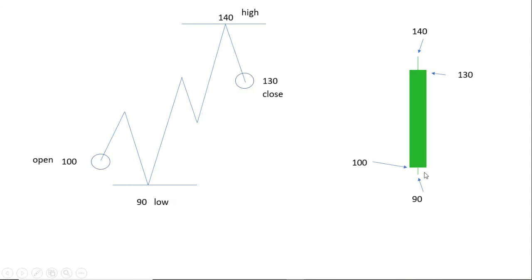That is called a wick or shadow. When the price has gone low, and again comes up, you'll get a wick like this. The wick will be formed like this. In the same way, above 130 there is a small line which you can all see. That is called a wick. On that day it has reached 140 rupees, and again it has fallen to 130 rupees. So the candle got closed here itself, and it has formed a wick. That is how you read a candle. It's very important, very basic, very easy to understand. You can simply give 5 minutes of your time and you can understand this. It's that simple, and you can earn profits.